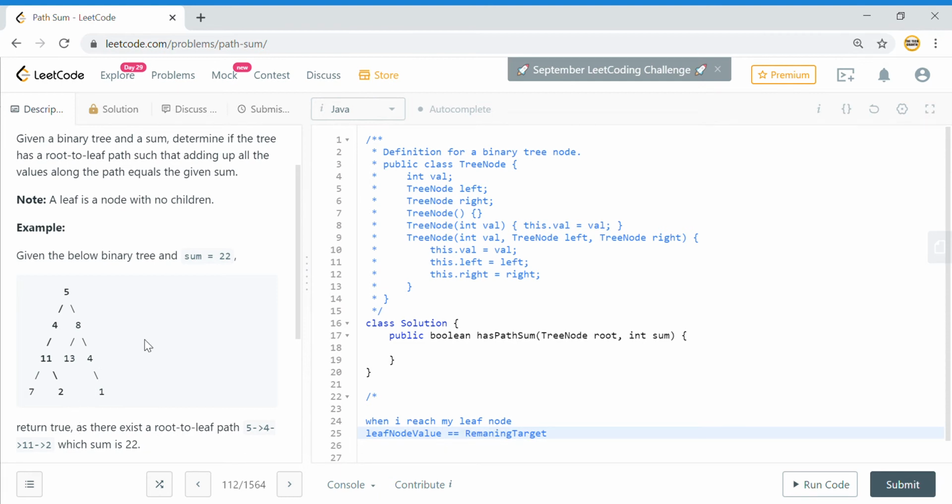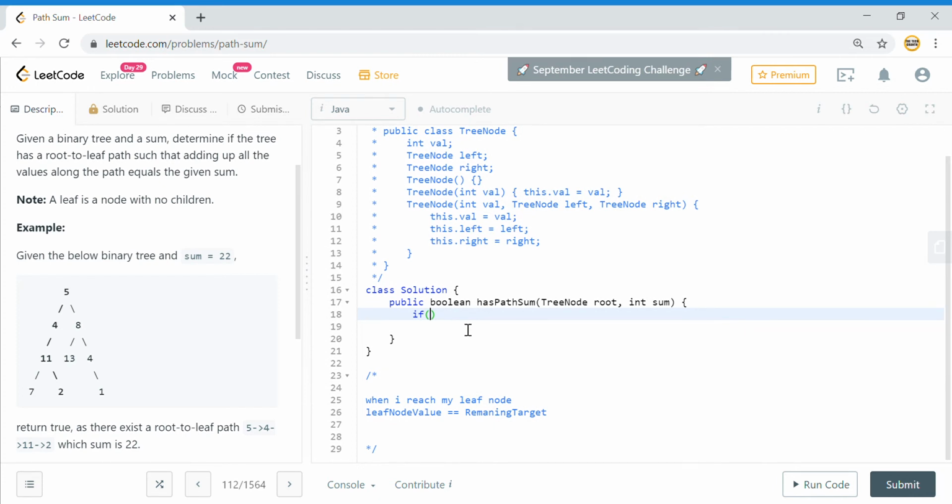So whatever remaining target that I have when I reach my leaf node, if that is equal to the leaf node value, then it's true. It means that we have got a path from root to the leaf node which is equal to the initial target that I have been given. If that is not the case, then it means that we don't have any path which will give me a sum which is equal to the target that has been given. So keeping that in mind, we can put one condition here, the very basic one, that